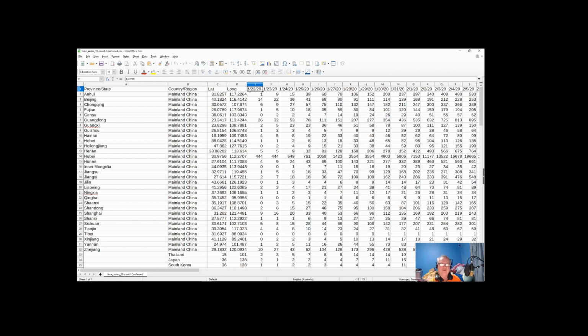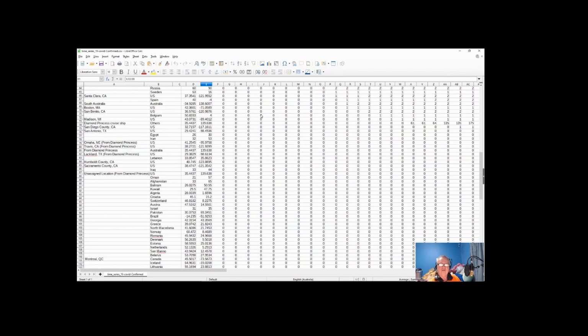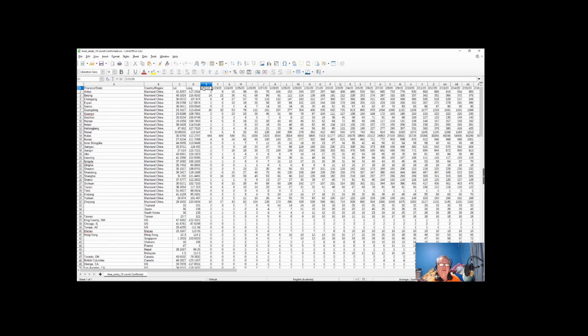Now we know that the first number is a month, and we know there's a slash there and a slash there, and so we're going to have to look up some functions that are going to help us locate the particular data that we're after. One of the first things we want to do is try and find the position of the slashes, because when we